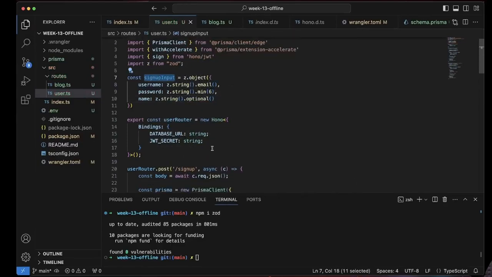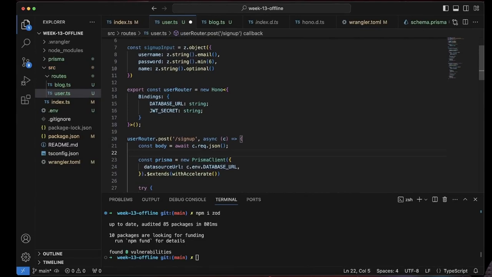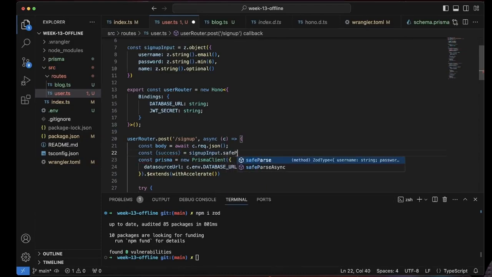And then at the top of the route, you do a const success equal to signUpInput.safeParse